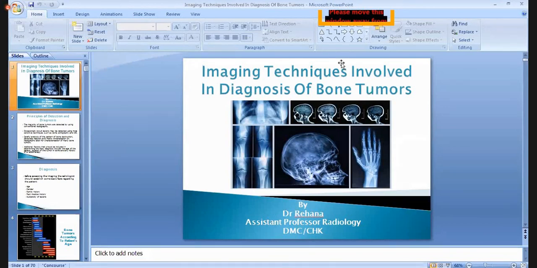Otherwise, osteomyelitis radiologically presents as an aggressive lesion. The words really used are benign and aggressive, not malignant, because osteomyelitis comes in the differential diagnosis of bone tumor, and osteomyelitis is not a malignant disease. That's why the words usually used are benign and aggressive lesion. We have to assess this, basically one to two features which are used radiologically. Otherwise, on the clinical basis, we can differentiate osteomyelitis from the bone tumor. Any other query?